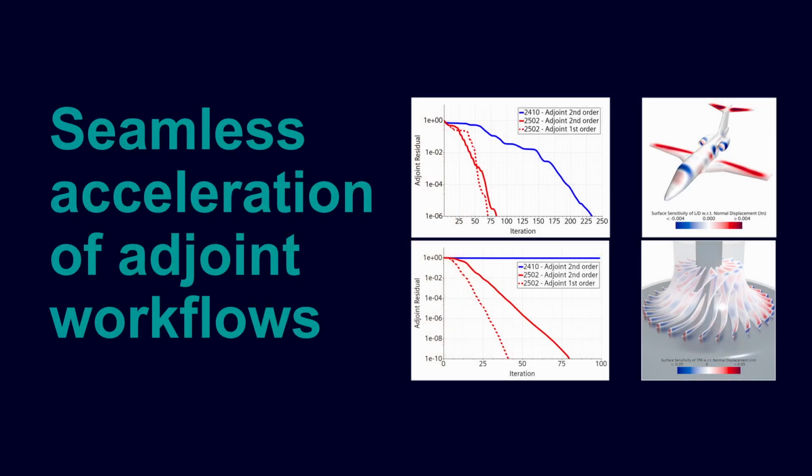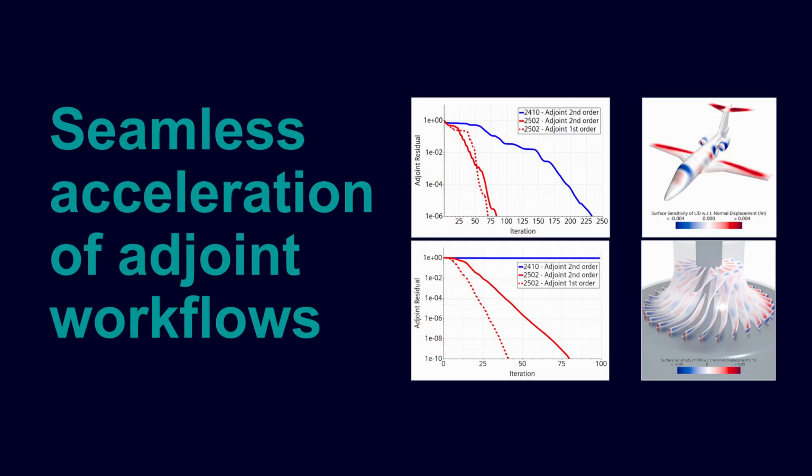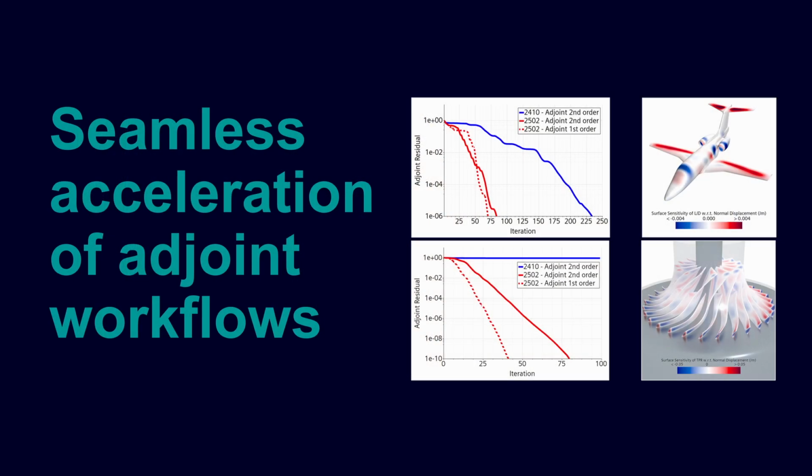And therefore, there are a few benefits that I would like to highlight here today. The first big benefit is that we are going to see a much more stable and robust solution, which is also shown by a better convergence rate of the adjoint procedures. As you may know, typically in adjoint workflows, we leverage convergence-based stopping criteria, which means that an improved convergence rate also directly translates into savings of turnaround time. In many cases, we have seen important speed up of the time to solution for the adjoint solver up to a factor of 3.